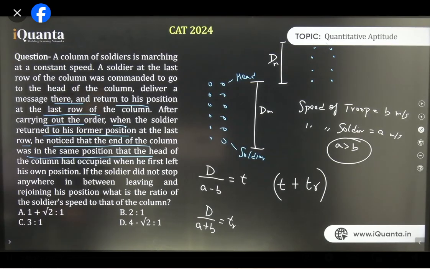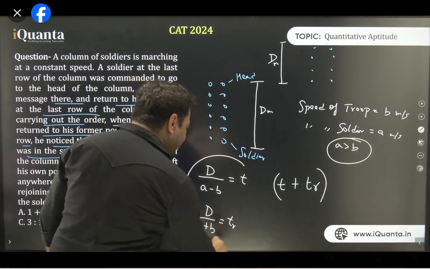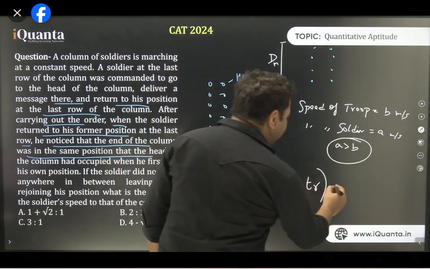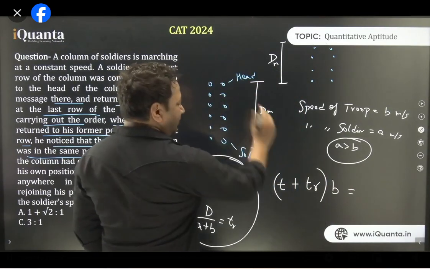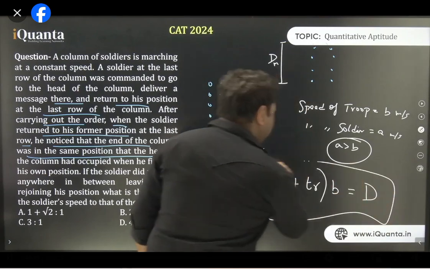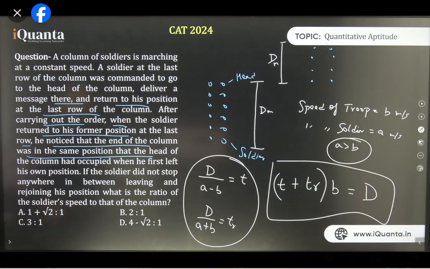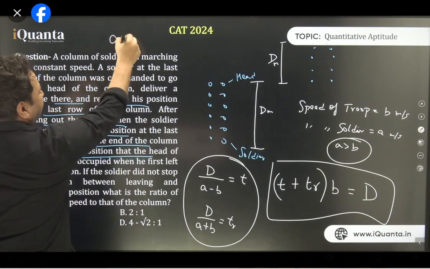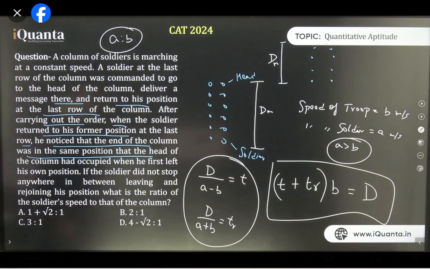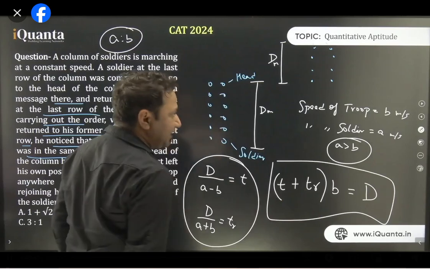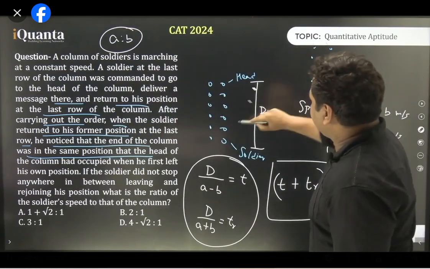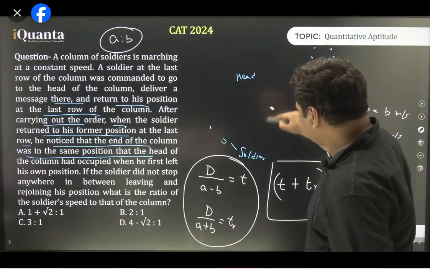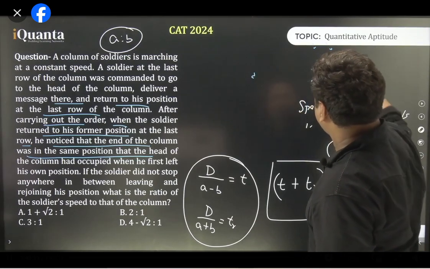Yes. So if I multiply this total time with the speed of the troop, that is b, then I will get this b meters. All right? And what do we have to find? We have to find A is to B. We have all this information. We have three different expressions, and we are about to solve this. And as you can see here, D will get cancelled. Yes or no? So let us put the values of T and TR in this bracket and try to solve it. So I'm erasing a few parts of the board. Is it clear till this step, everyone? Are we clear till this step?